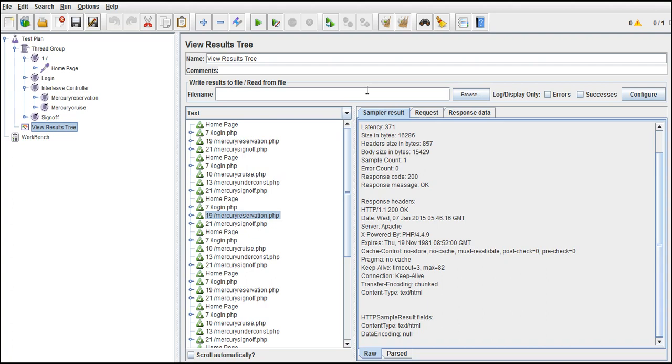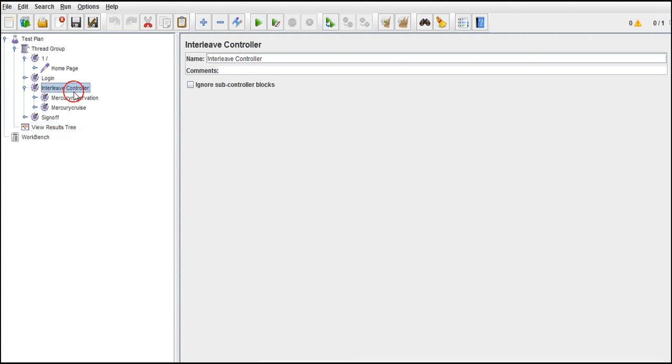So basically you are splitting. Ultimately the load is on your website, but the load is split between the requests. That's the real-time simulation. There is no point in putting load on one request all the time and pulling out the results. You need to simulate those, right? In these situations the controllers come in very handy, like the interleave controller, while loop executing many times, if controller and loop controller. So this will come in handy really.